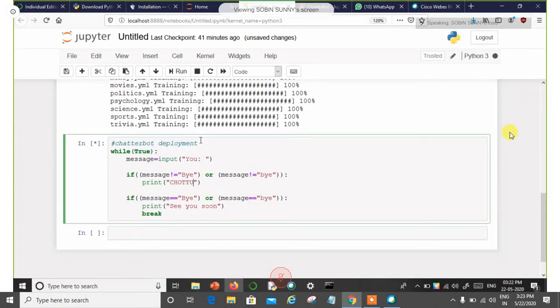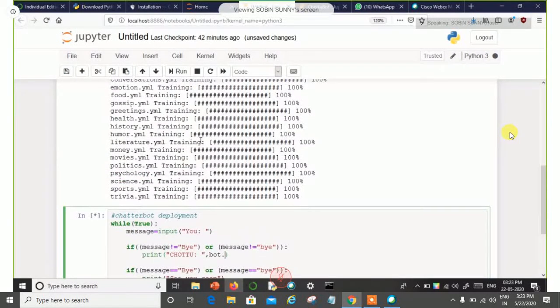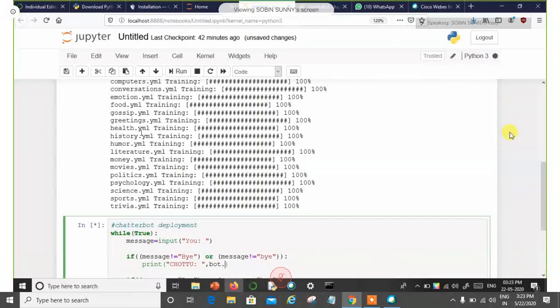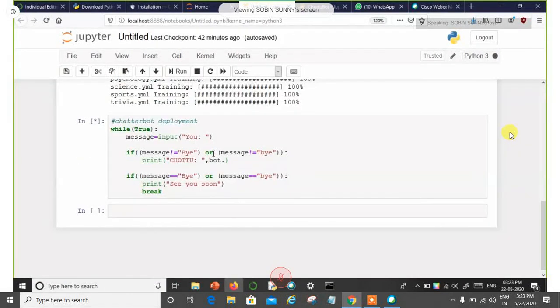And here I'm going to get the message for that. Okay, bot dot. Bot is the object name, so use the same bot there, bot dot.